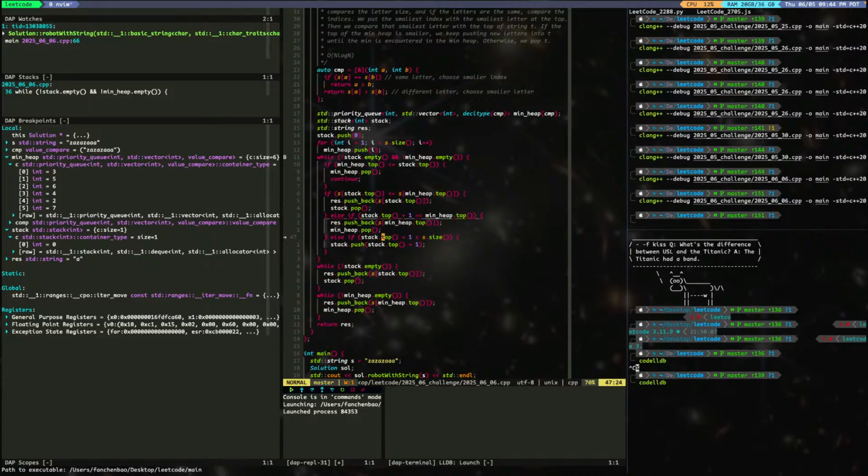So you need to know what is the next one to push. So the next one to push could be stack top plus 1, or it could be whatever is in the current